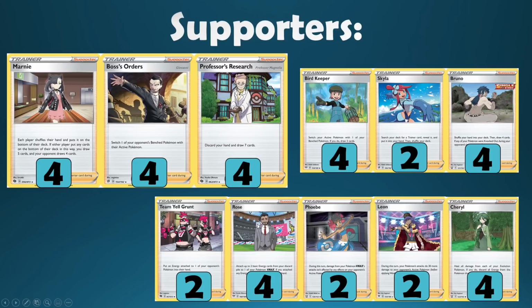And finally, there's Rose. Rose hasn't seen a lot of play in the standard format, but I think going forward, having this energy acceleration option is certainly reasonable to just have in the binder. I've always had 4 Rose since he came out in Darkness Ablaze, and I think he's certainly worth just holding on to,